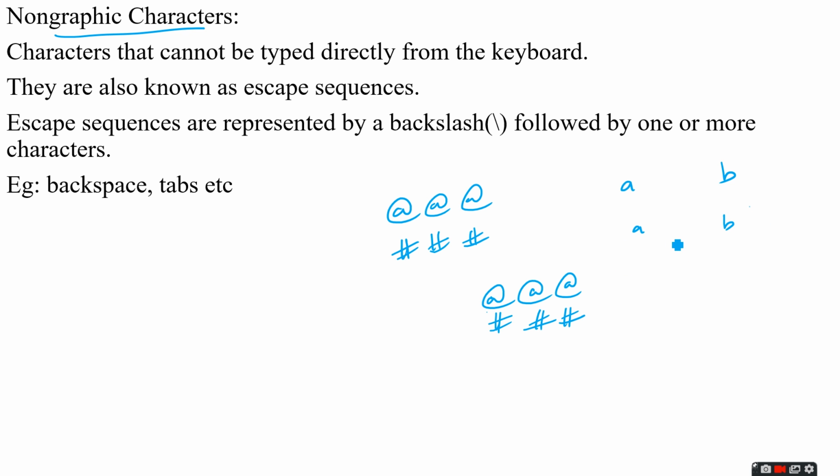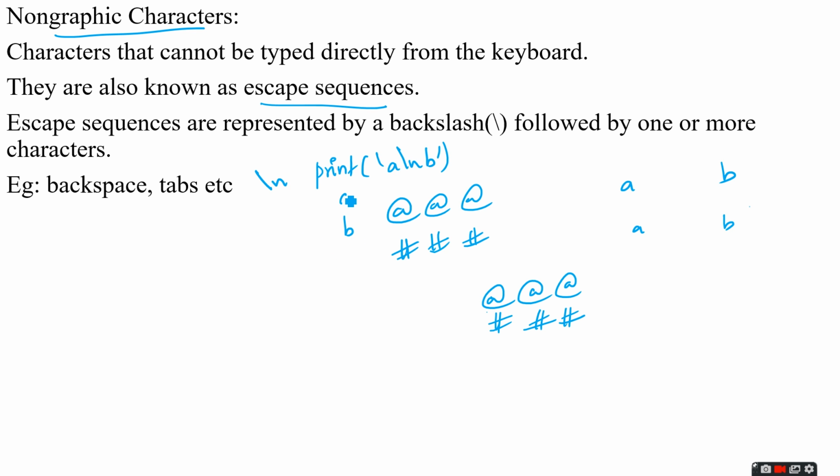So in Python, there are some characters that are known as escape characters. Using escape characters, we can use some characters that cannot be typed directly from the keyboard. Now we can learn about \n. In the previous video, we learned about \n. \n is used to move to the next line. If we are printing like this, print A\nB, the output will be like this. A will be here and B will be on the next line.